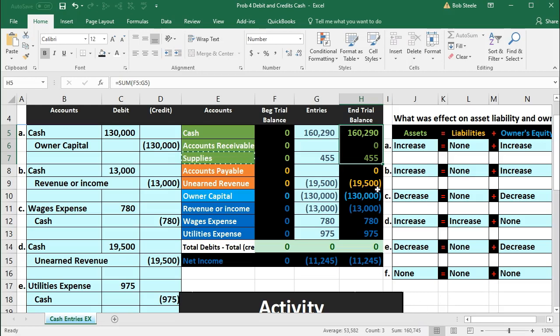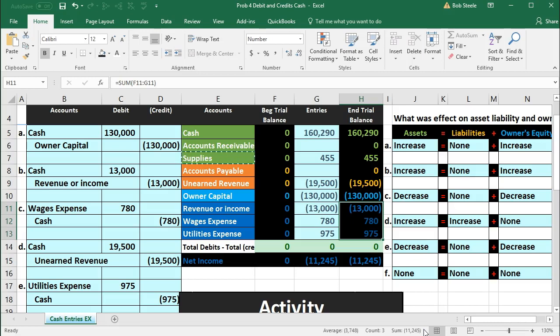Total assets are 160,745. Total liabilities, obviously only one, but we can highlight those: 19,500. They have credit balances. That's typically not something that someone else would want to know, but the credit balances help us to calculate this number. If we want to know what the net income is, we already calculated it here. It's going to be the credit of 13,000 minus the debit of the expenses of 780 and 975, resulting in income, not a loss, credits beating the debits on the income statement, of